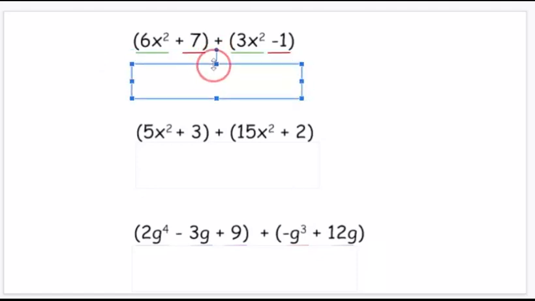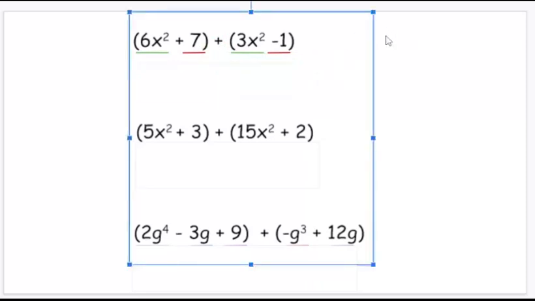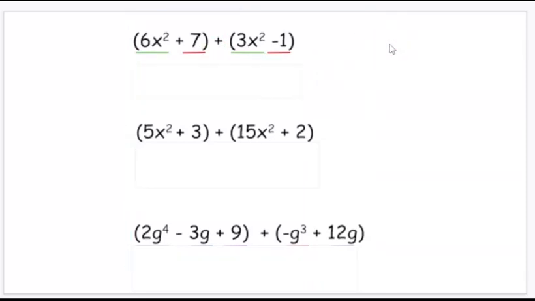I'm going to do the same thing. I'm going to underline my like terms here. There we go. 6x squared, x squared, same variable and same exponent, x squared on the 6 and the x squared on the 3, and the 7 and the negative 1 are both constants. So step 2 from adding polynomials together is to combine these things and then put them in standard form,